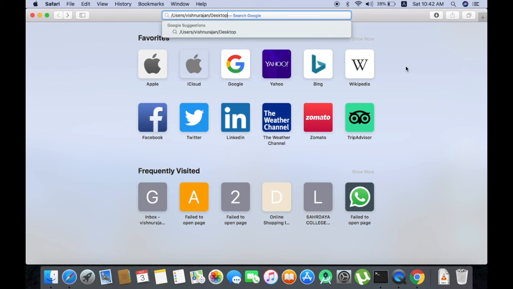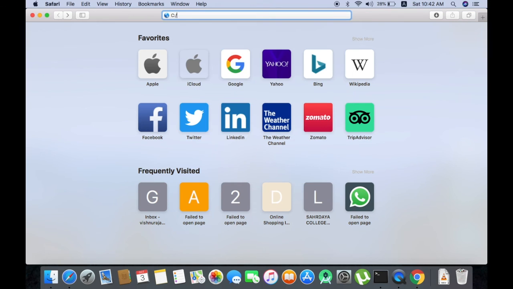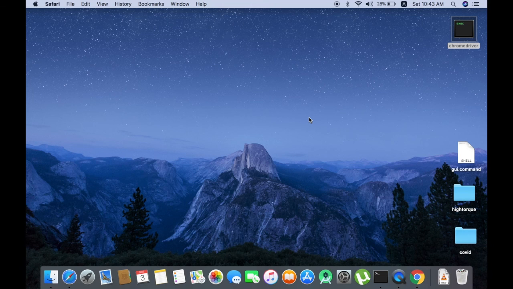For example, if it is a Windows PC and if you have stored it in the root of the C drive, it may be something like C Chromedriver. Make sure that you know the location of the Chrome driver. This is the first thing that you have to see. Once you have installed the Chrome driver, that's it.